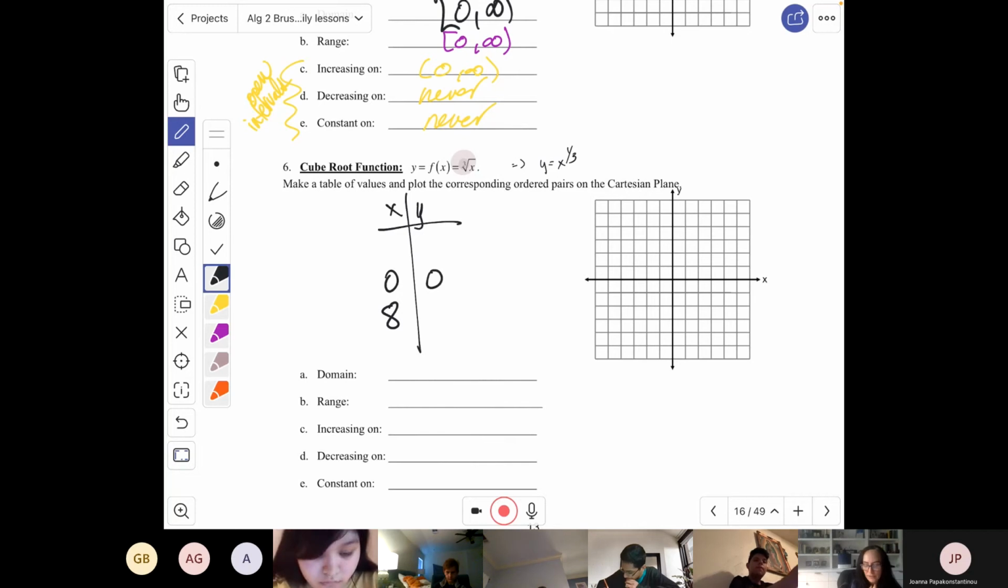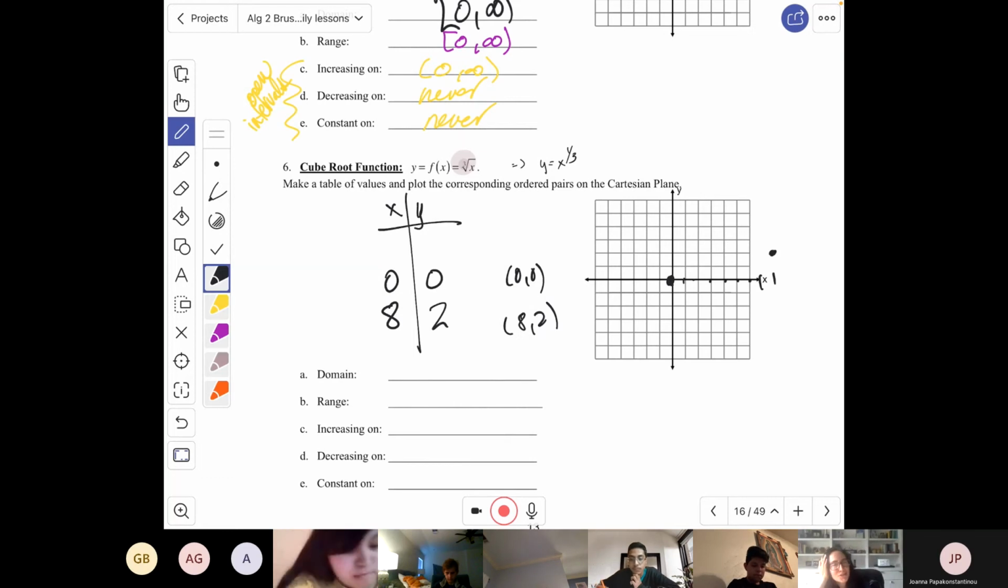Is it positive 2? Yes, it is. So I have the 0.00 and I have the 0.82. 1, 2, 3, 4, 5, 6, 7, 8. Now, dare I ask you, can I take the cube root